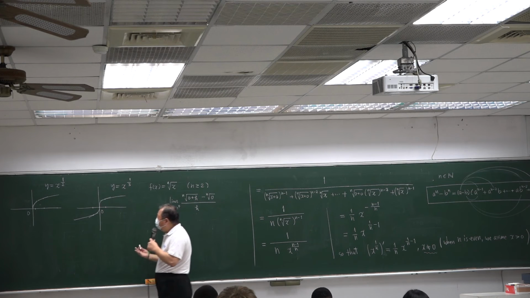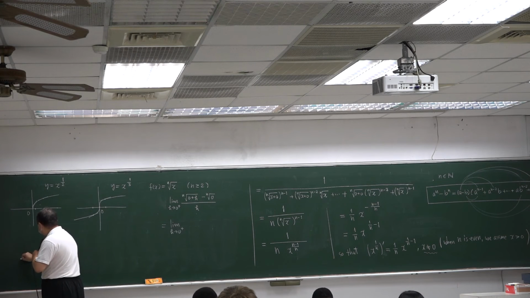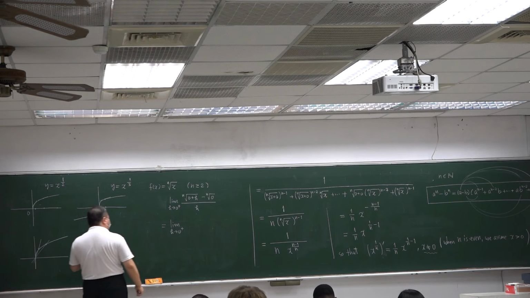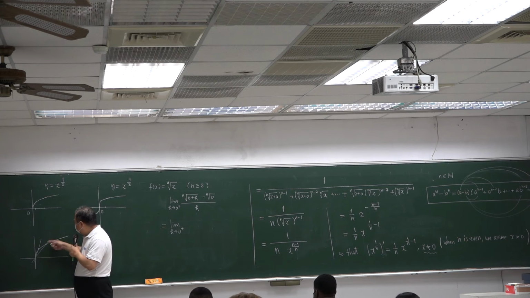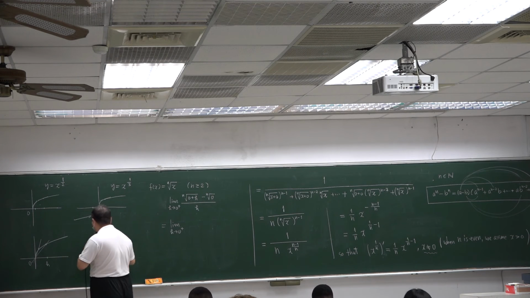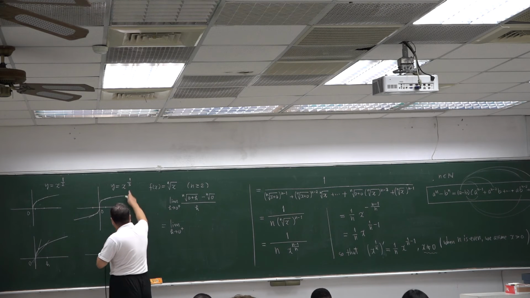That is, I want to consider this, the slope of the secant line. This is h, this is 0. For this case, or for an odd number case,